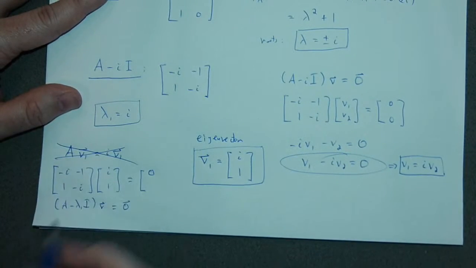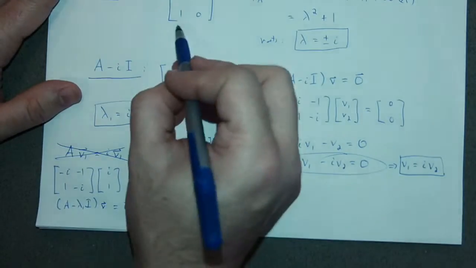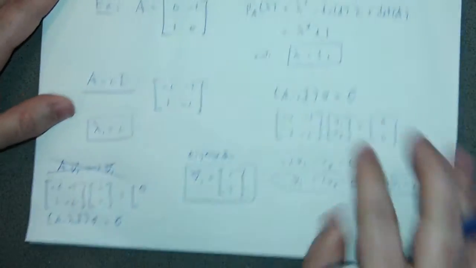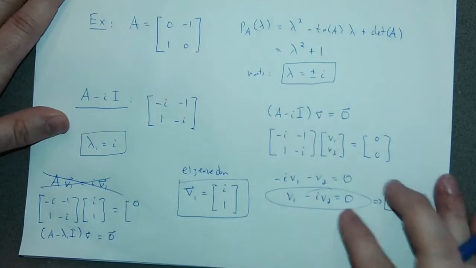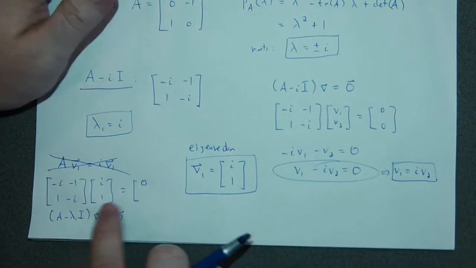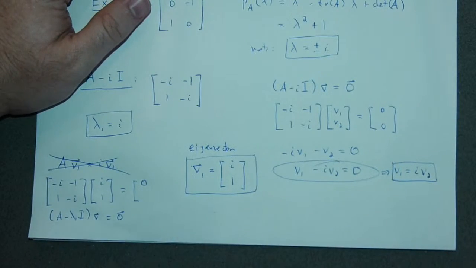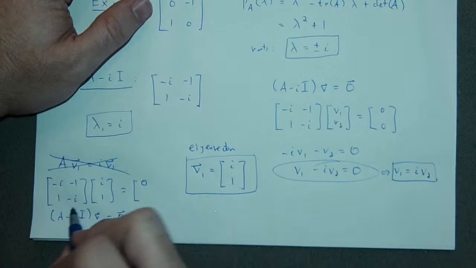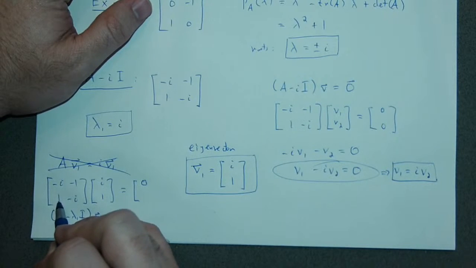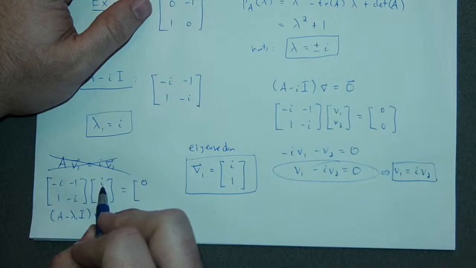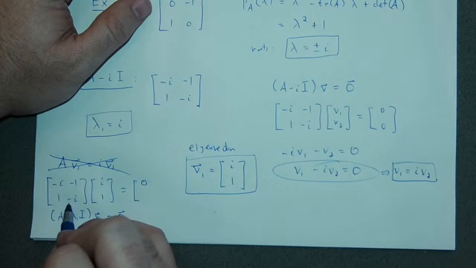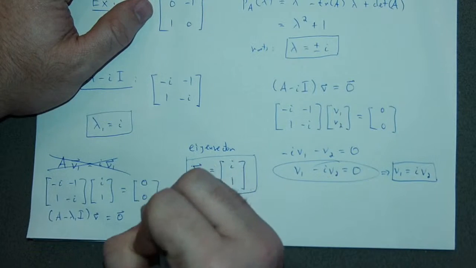If I wanted to check this, the matrix I would have used obviously is this one. It's A here, not the other one. But anyway, we can check this way. There's nothing wrong with checking this way either. So let's go ahead and finish this then. So this would be 1 times I, so that's I, plus minus I, so that's also 0. So yes,